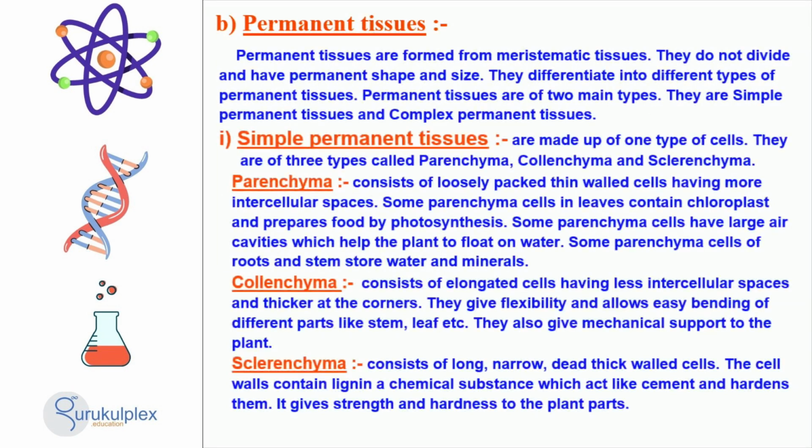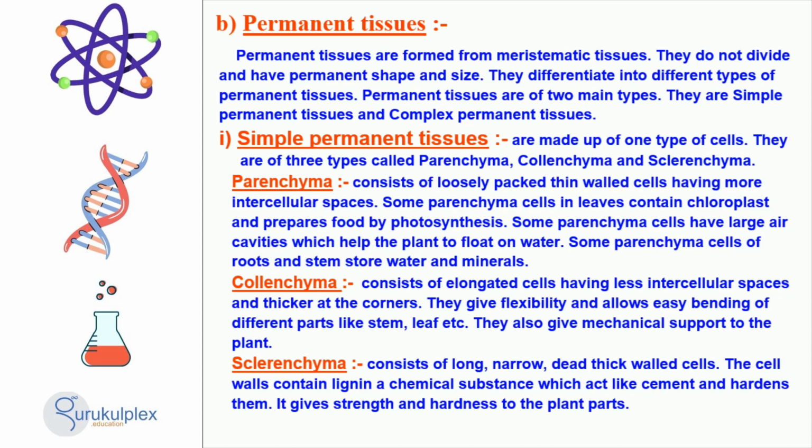Permanent tissues are integral to a plant's growth. Originating from meristematic tissue, these tissues are unable to divide. Permanent tissues are divided into two types: simple and complex. Simple permanent tissue consists of cells of one type, falling into three different categories: